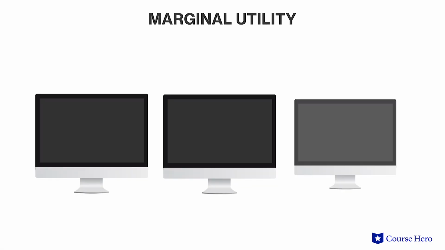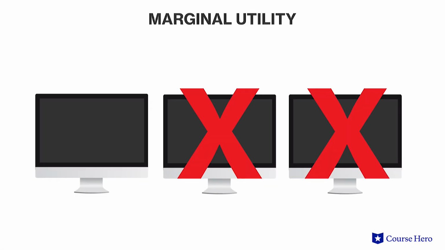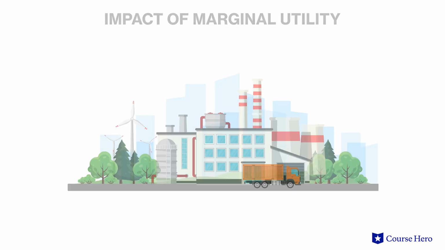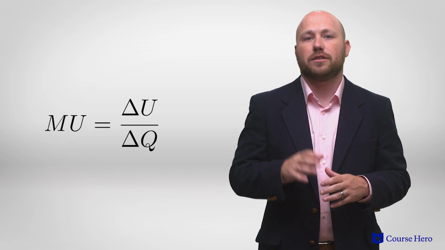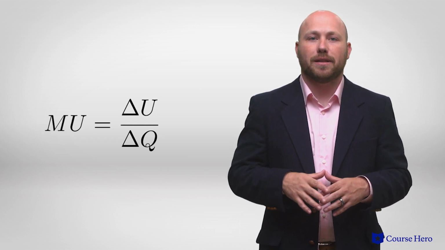Marginal utility impacts consumer choice because individuals may be less apt to buy multiple quantities of something, even if it has a higher total utility. This impacts business choices and the number of products made in factories. Marginal utility can also be used to discuss the amount of utility someone receives from consuming the last unit of a good they purchased. Mathematically, marginal utility is written as the change in utility divided by the change in the